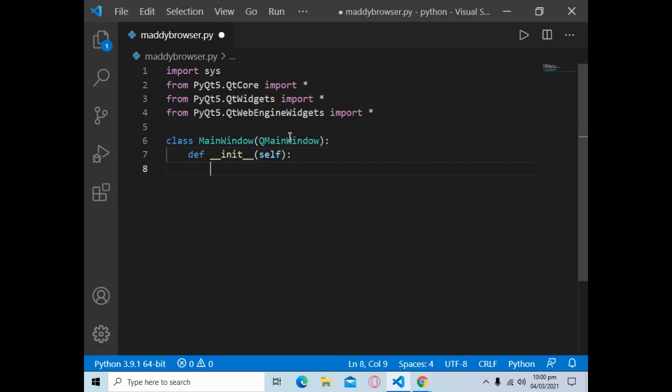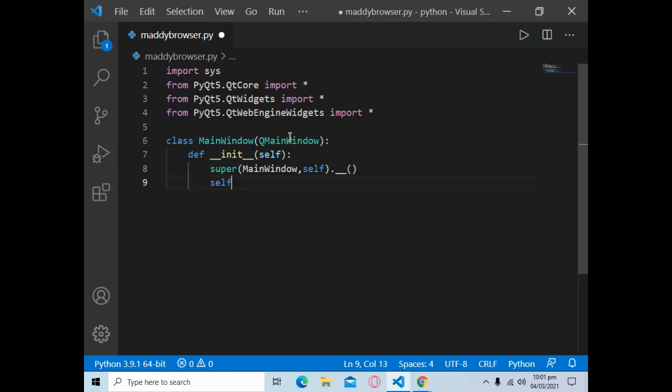Outside the parentheses, here write super, make parentheses, then write MainWindow comma self, and outside the parentheses put a dot and __init__, then parentheses, and go down.